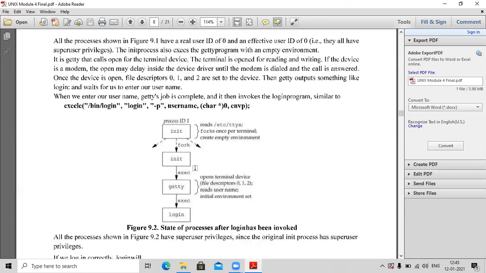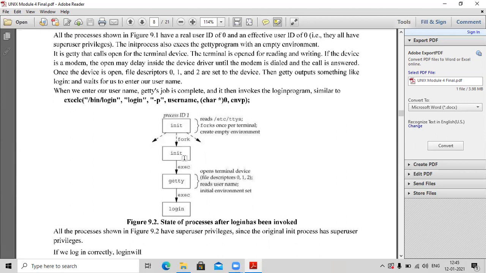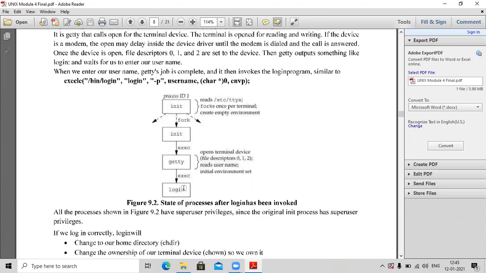So as you can see here, this is the first time when your system gets booted up. It creates an init process. It can fork for many terminals. It can create many init processes. Then your init will call the exec function to start up the getty. Then getty in turn will call exec to invoke the login program, where the user will give the login name and password, thereby setting up the terminal for that corresponding user.